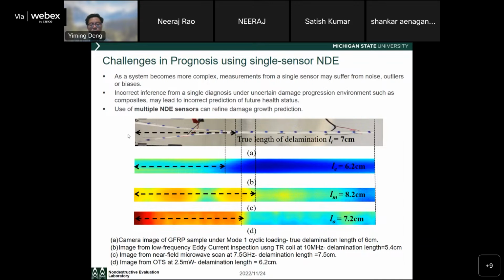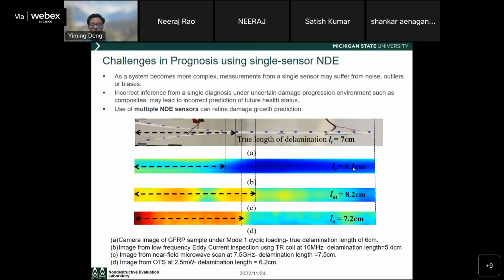This shows you an example we did in our lab where we tried to introduce mode 1 fatigue damage by applying the fatigue loading on those top and bottom parts and introduce a delamination into this composite sample. The true length of delamination can be obtained from the optical measurement, which is 7 centimeters. For B, C, D, you'll see for B the eddy current inductive measurement. For C, this is the microwave high frequency measurement in the near field, and D is from the optical transmission scan at 2.5 milliwatts power level, and it estimates that the